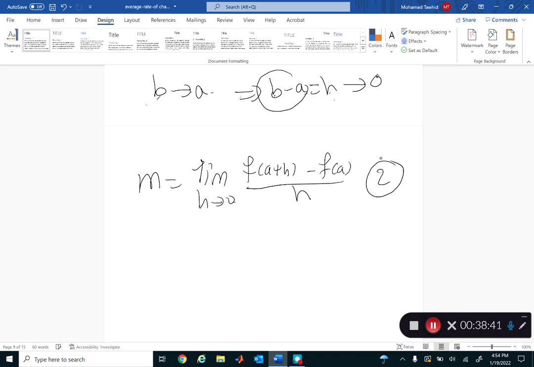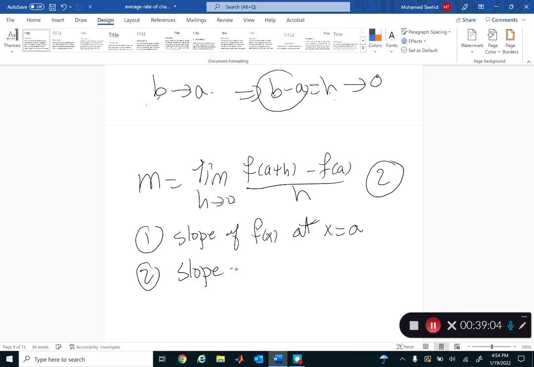So now that is called the slope. So number 1 and number 2, that will be the slope of your f of x at x equal a. Right? At x equal a, that gives you the slope of your f. F here could be linear or non-linear. Number 2, that also gives you the slope of the tangent line, I'm going to explain, tangent line